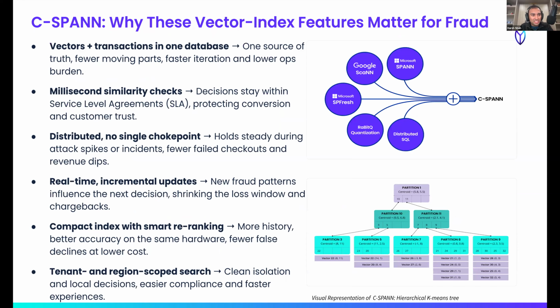And I talked about C-SPANN earlier, which is our vector index. So C-SPANN is basically exclusive to CockroachDB. It gives us a predictable millisecond-level similarity search, even at very large scale. We talked about the scale. So with that, those approve and decline decisions are kept within the SLAs that you probably set out as an organization. And the reason why is that it basically stores everything in a k-means hierarchical tree. That's how it's indexed, and it makes it really shallow and quick to sift through when you're doing those searches